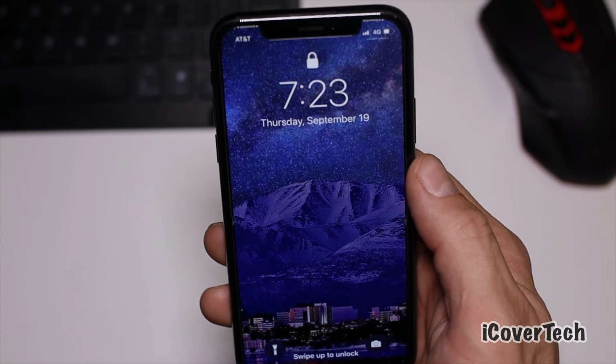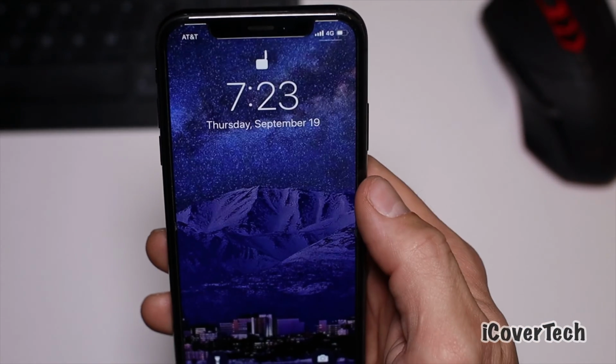Welcome back, it's Cash, and in this video I'm going over my most used and favorite features of iOS 13